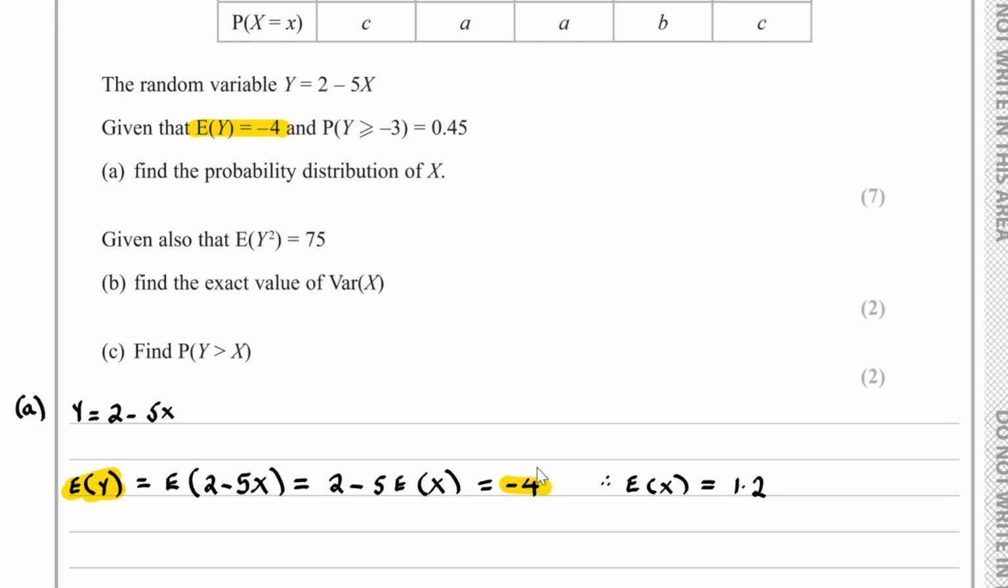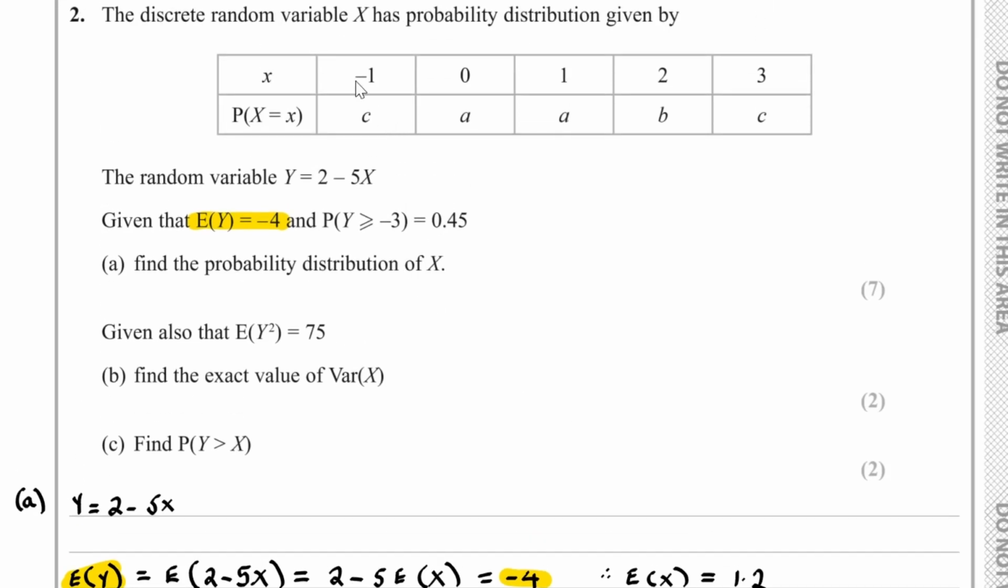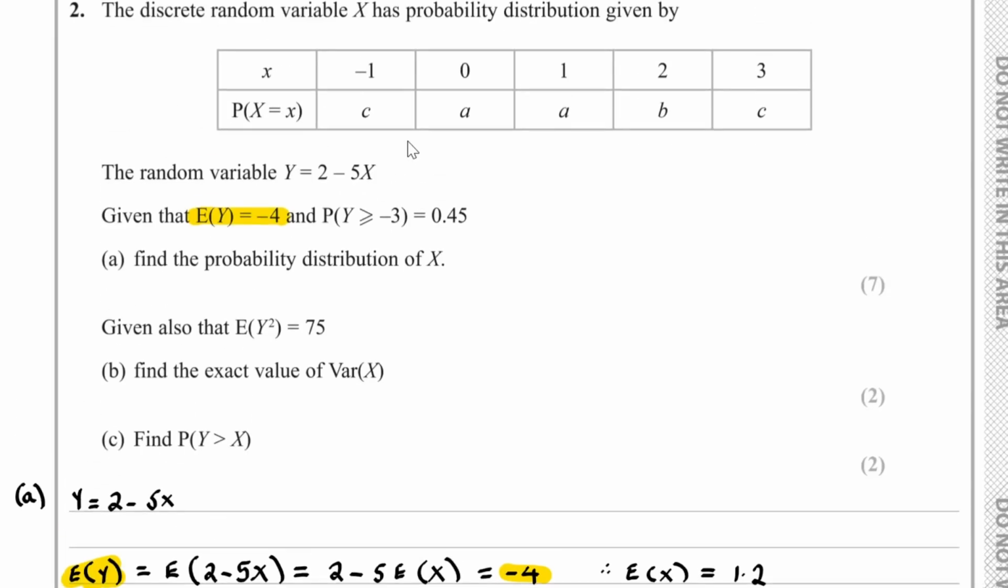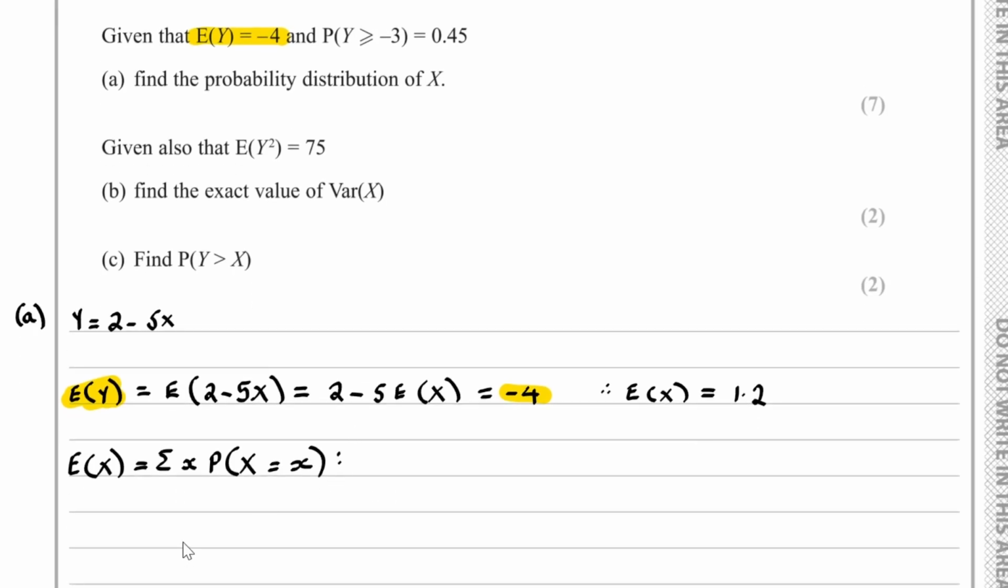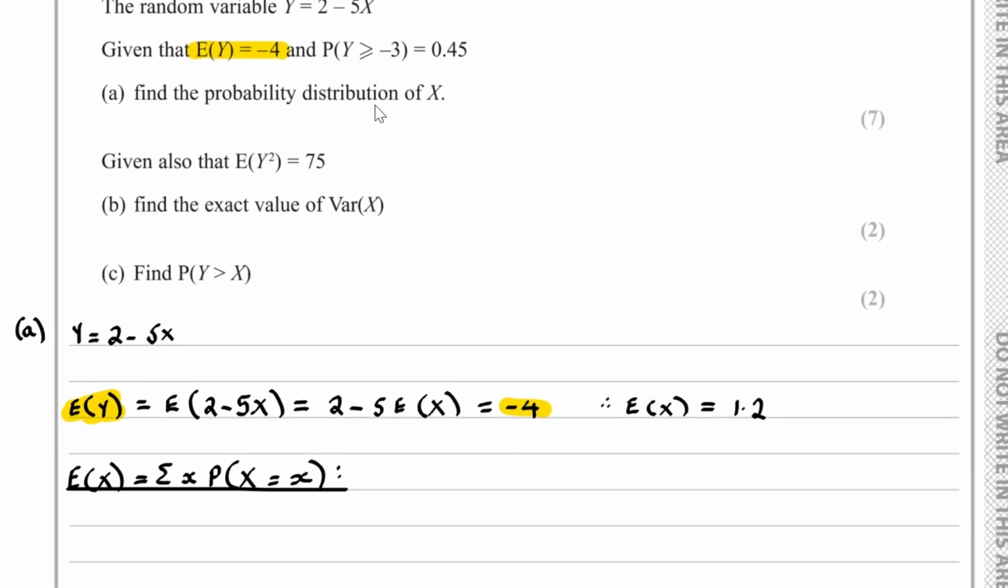Okay, now what does this mean? Well, it means that if we multiply x by the probability of X equaling x, we'd get 1.2. So in other words, the expected value of x is equal to the sum of the x's times the probability that X is equal to x. Okay, so using what we have over here, if we multiply those together, we have minus 1 times c,